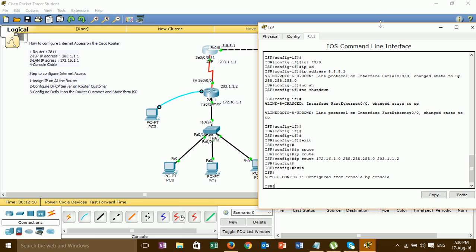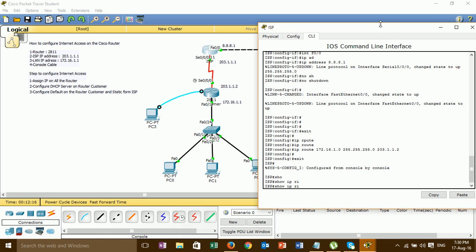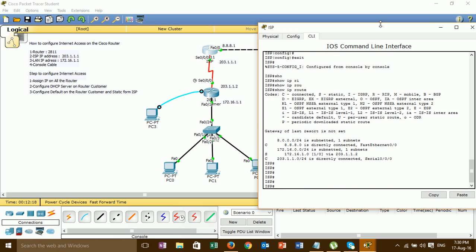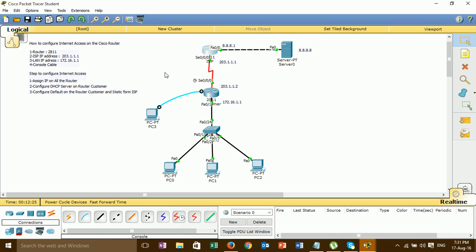Okay, and show IP route here, it is learning this IP. Step 3 is done, now step 4.